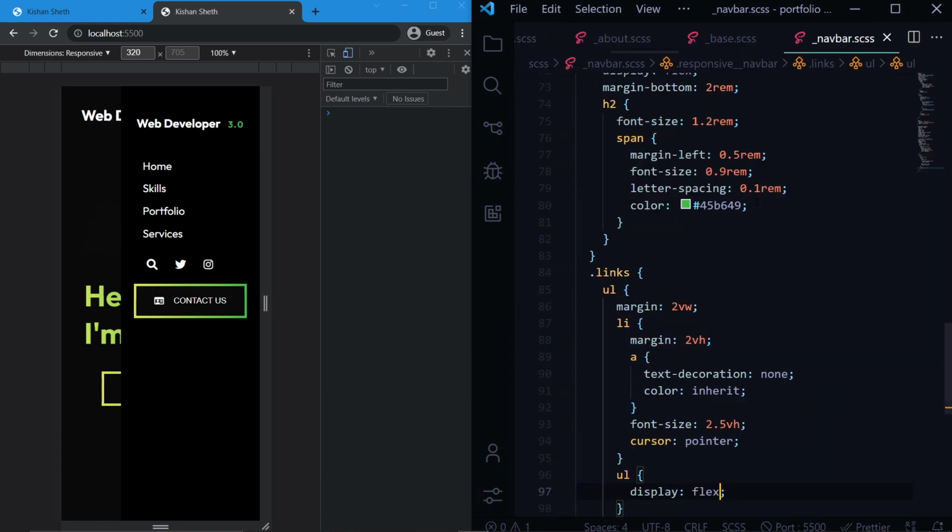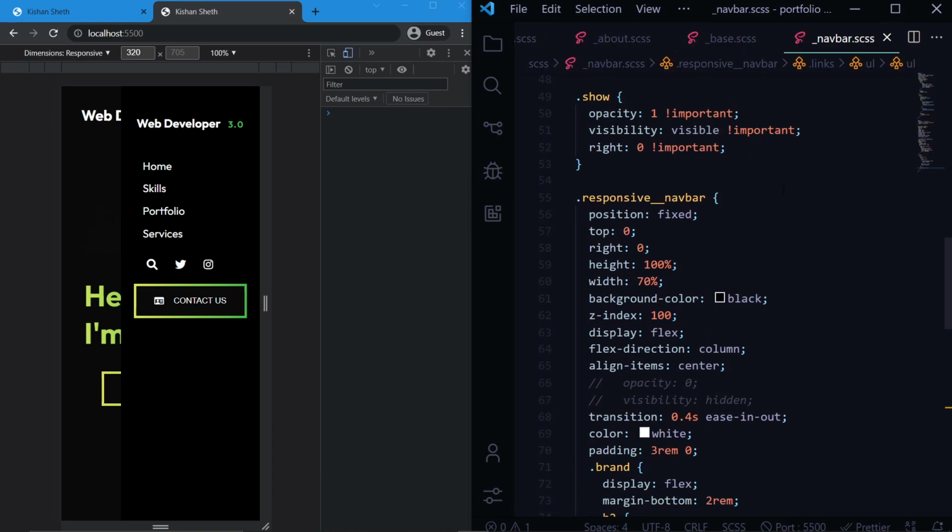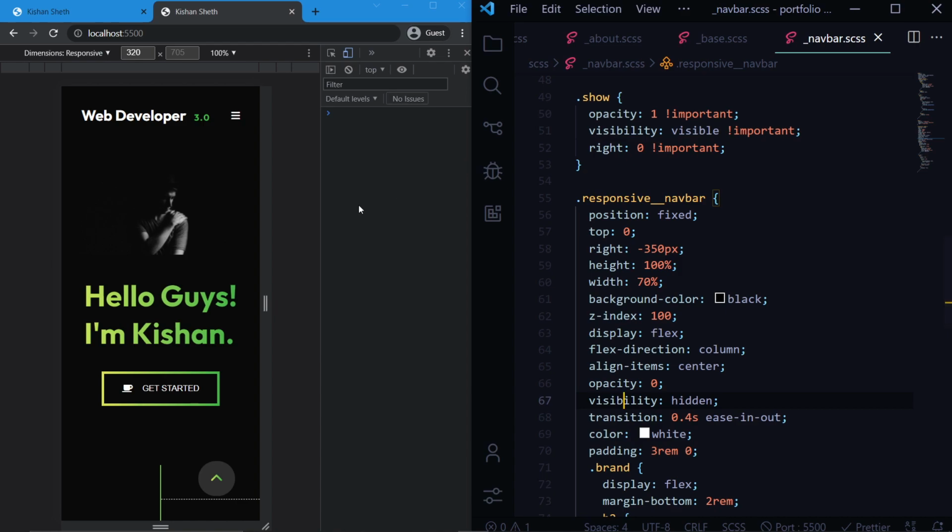So head over to navbar.css and initially we are gonna give this minus 350 pixels, visibility will be 0. Yeah, so this won't be visible. This would be visible when we click this toggle button. So head over to scripts.js,